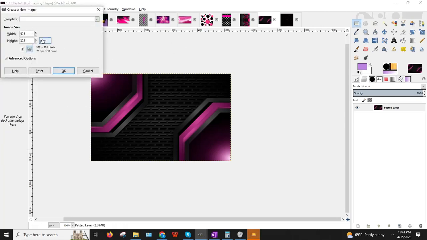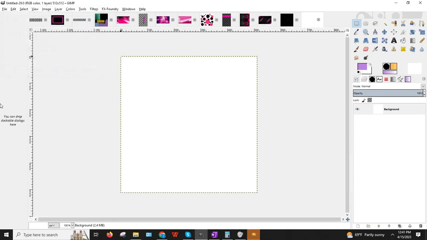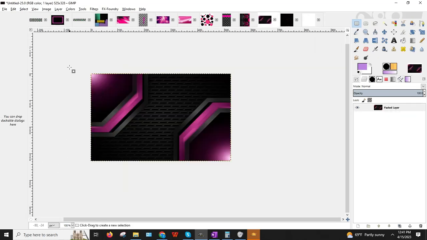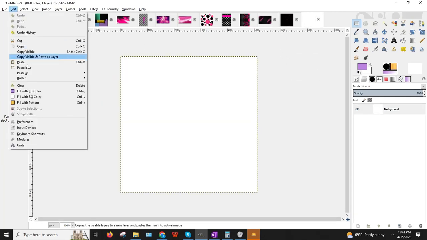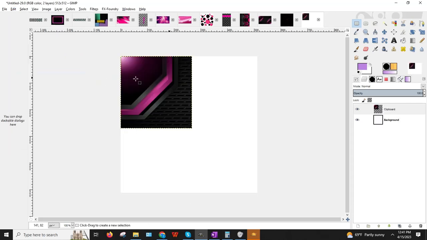Let's open a new... So, I want to try to piece these two sections together. So, copy visible, go into the new one, edit, paste as a new layer, and then